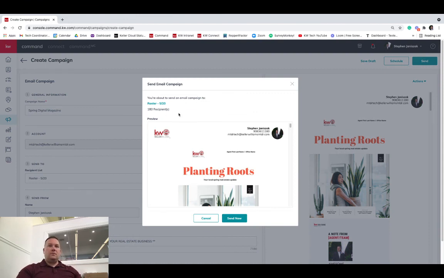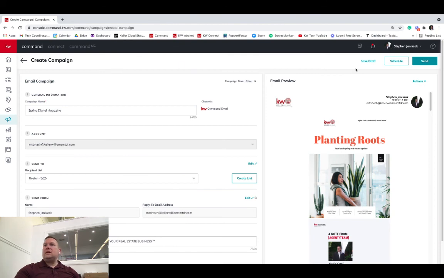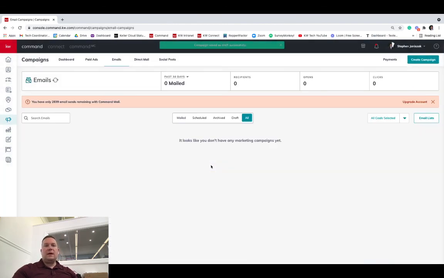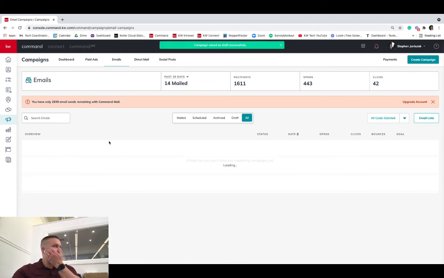It's going to give you a confirmation here to make sure you want to send it, and it's going to tell you how many people it's going to. You would just hit send now, and then the magazine would go out to your entire list that you created. And if you wanted to save it, you could hit save draft, save and exit. We'll just save it. I'm not going to send it